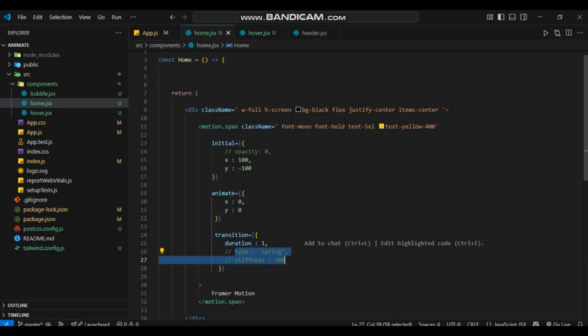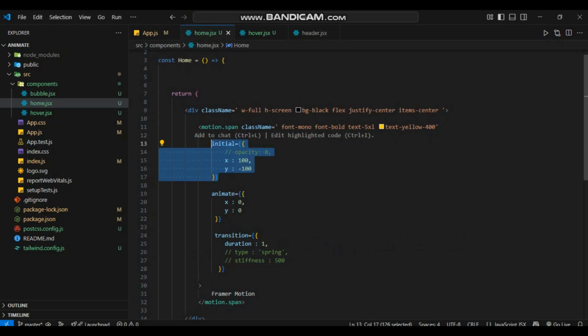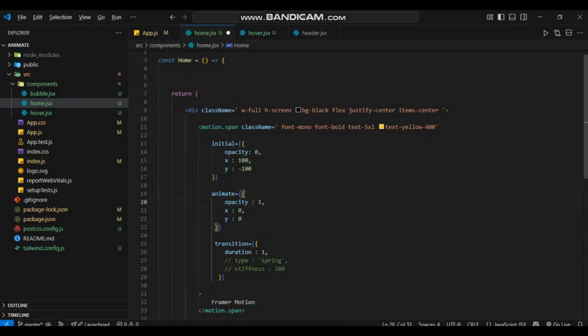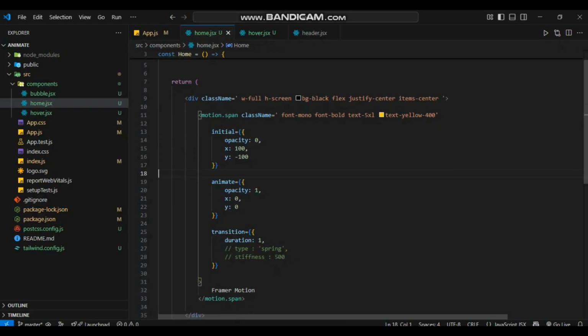Just focus on the initial prop. Here, opacity is 0. Now see, I am going to write another animation property. After this, you can see that opacity is 0, and our initial element, our span element, is initially positioned on the y-axis at minus 100, basically on the top right corner. After this, the element will animate and come back